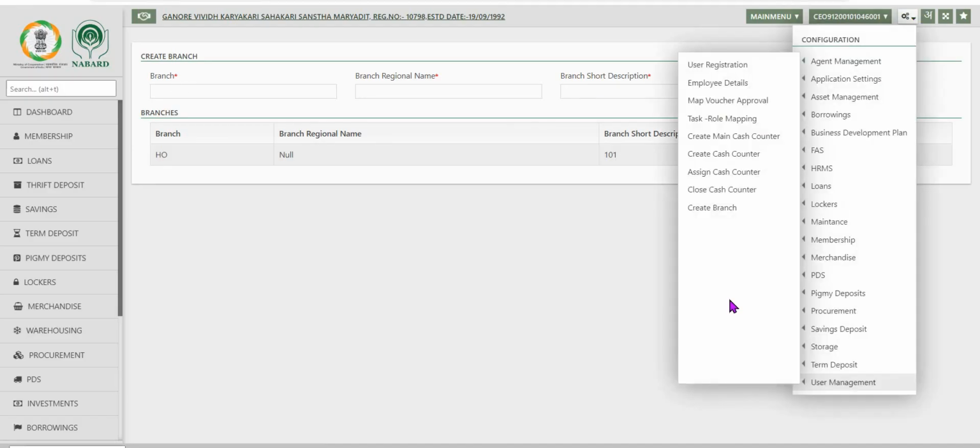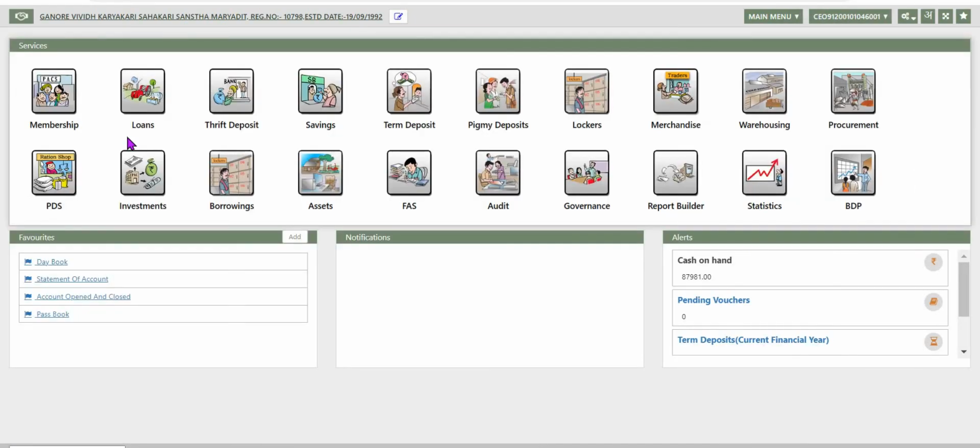As you have seen, under configuration, user management, these are the options available for different purposes: user employee details, user registration, map voucher approval, task role mapping, create main cash counter, create cash counter, assign cash counter, close cash counter, and create a branch. In our next video, we will be discussing loans, deposits,